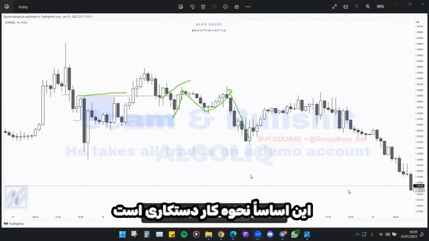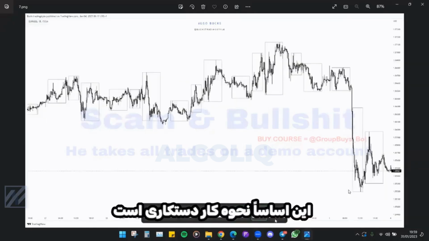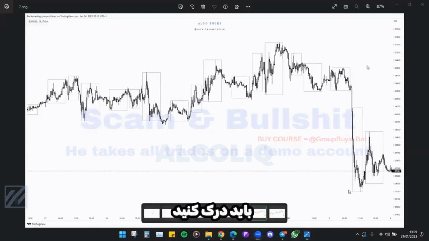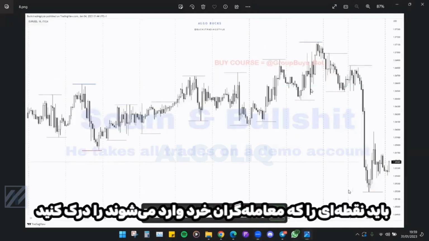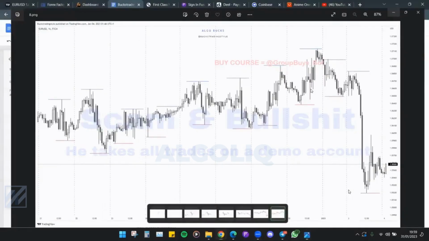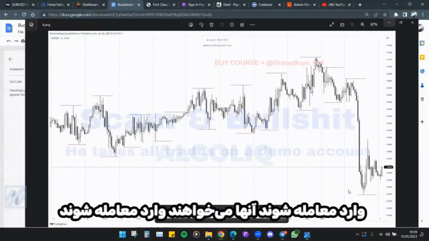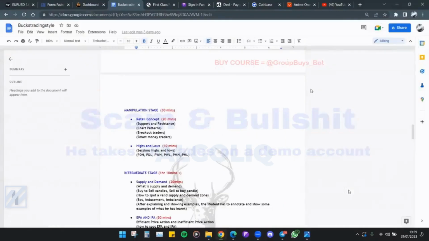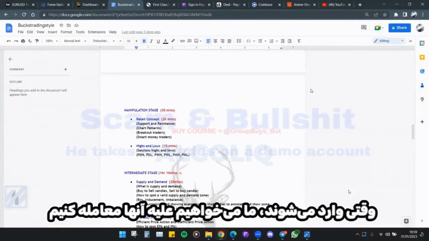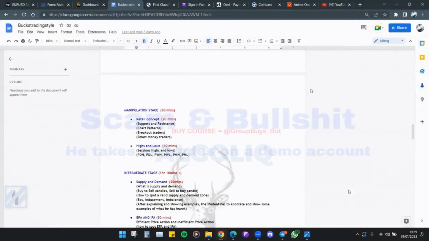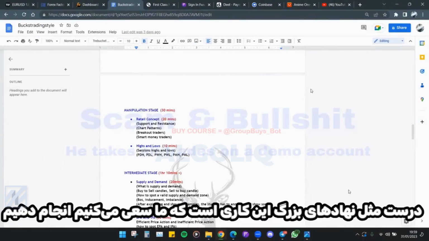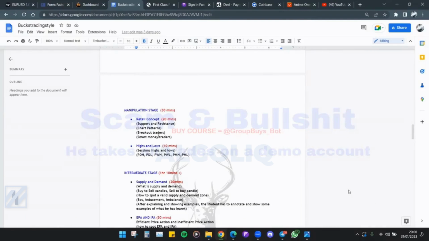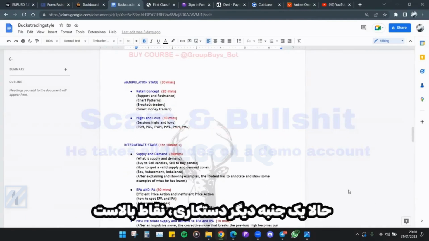So this is basically how manipulation works, okay? You need to understand the points at which retail traders will get in the trade, okay? They want to get into the trade. So when they get into that trade, we want to trade against them, right? We want to target them, take all of their stop losses, just like the institution, right? That's what we try to do. So now another aspect of manipulation is the highs